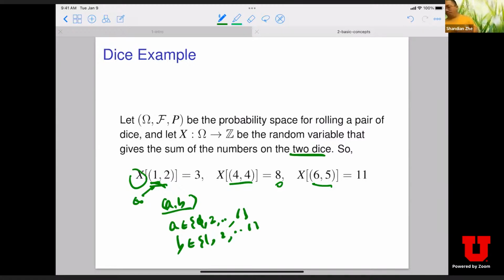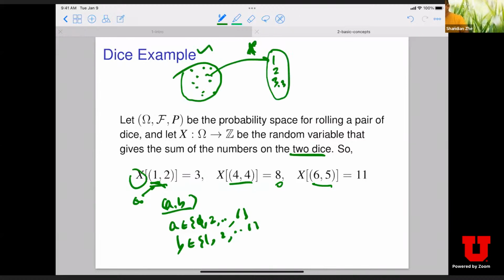So suppose this is your sample space, and you map every sample in your sample space to some real number, for example. This is how you define a random variable, right? This might be 1, this might be 2, maybe 3.3, all those kinds of stuff. And at the same time, your image domain or the output domain of your random variable,